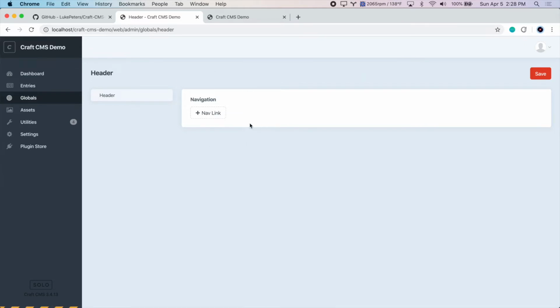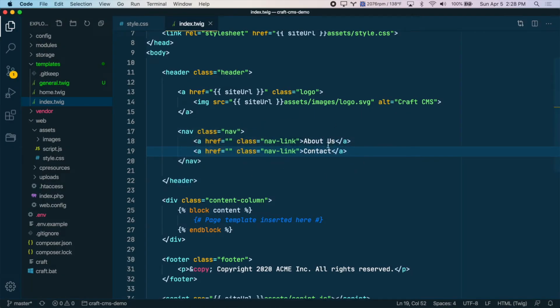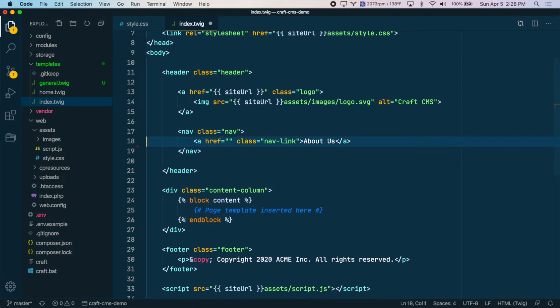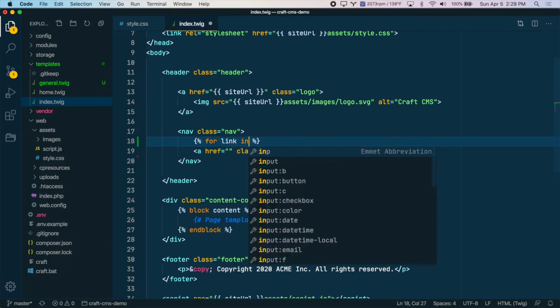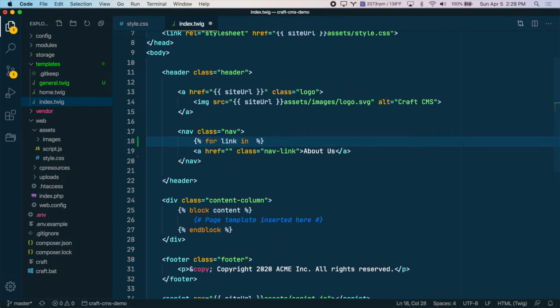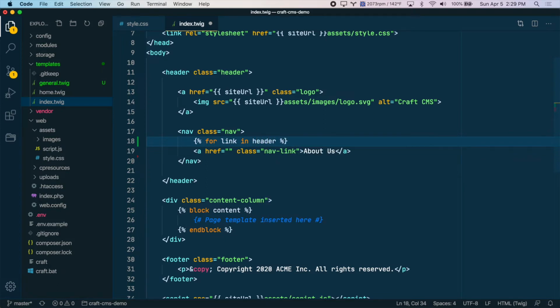So before we add links, let's go to our template and remove the hard-coded links here. And let's create a loop to loop through all of the links added in that global set. So it's a for loop, so for link in. So we have to start with the global set name, which is header, and then the name of our field within that, which is navigation. So for each link in the header navigation field,